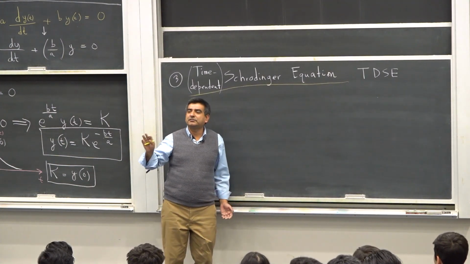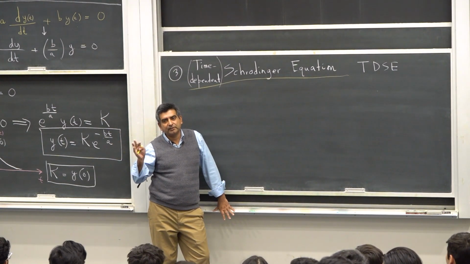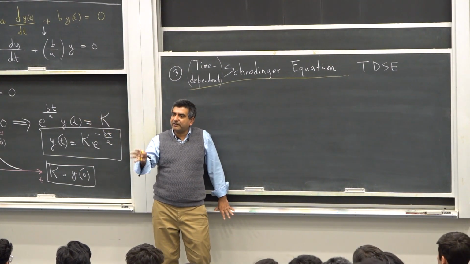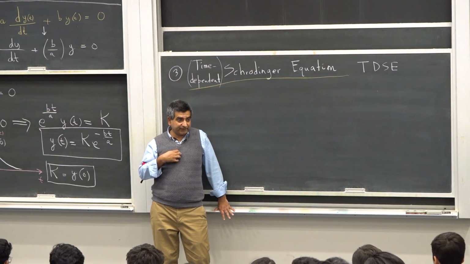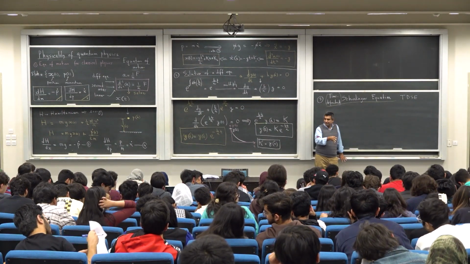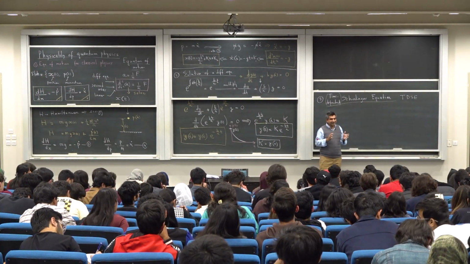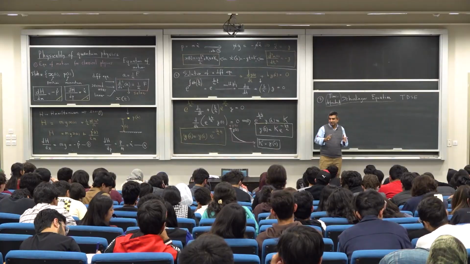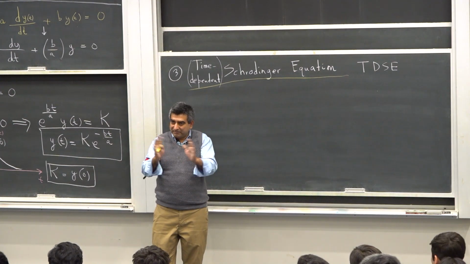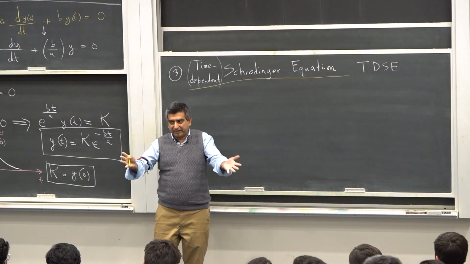Now what's my quantum state? How do I represent quantum states? Kets. Kets are my quantum state. In the classical example, position and momentum were my state. Now my state is a quantum state. So I need to have some first order derivative of the quantum state, and I also need to have some kind of energy in there, some kind of Hamiltonian, just as I had in the Hamilton's equations. The meaning of the Hamiltonian is exactly the same. It's energy, but it's a more complicated mathematical object.